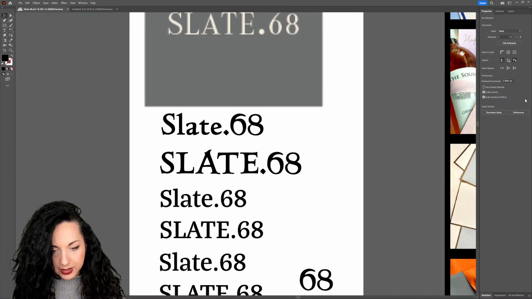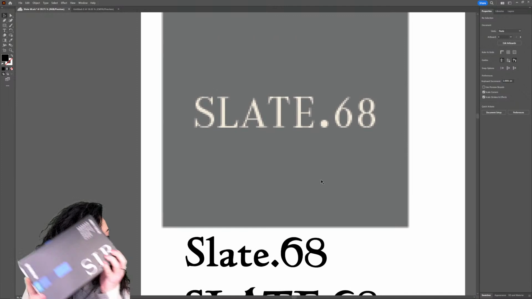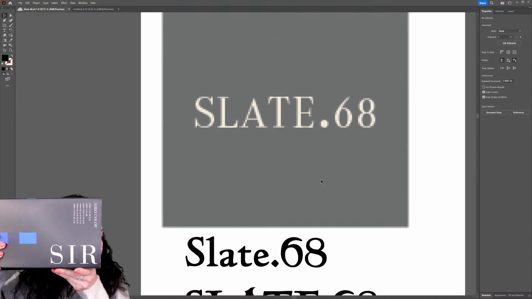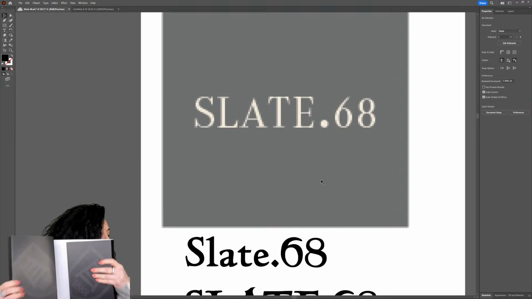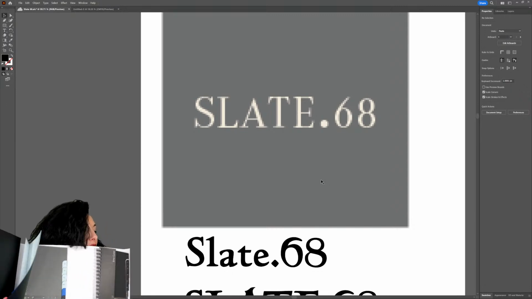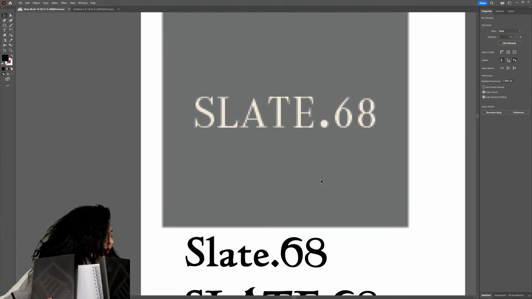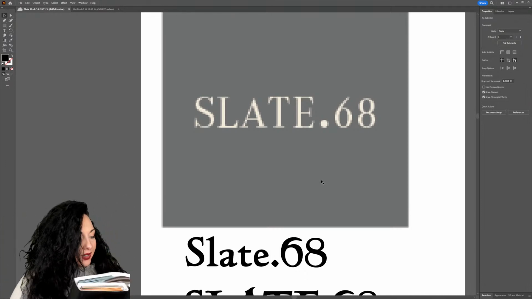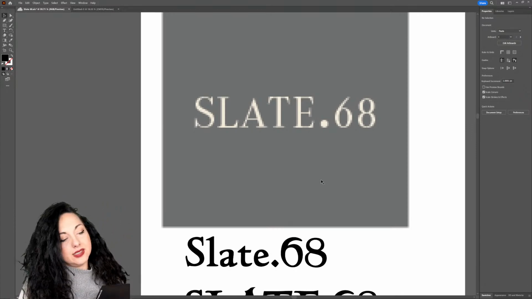Let me go and bring this back here so we can see the original logo. Not much different from the Slate logo. Can you see? We have SIR here. That's Serial, a collection of paper samples. Welcome to my world here. So those are all papers, and it goes on and on and opens up even more. Anyway, this is a paper collection, again going in the same direction of Slate's Slate